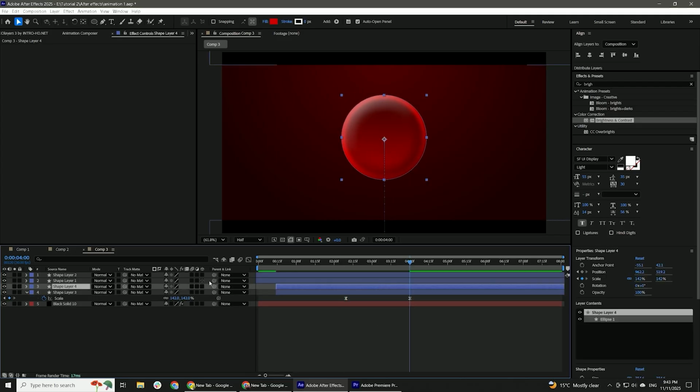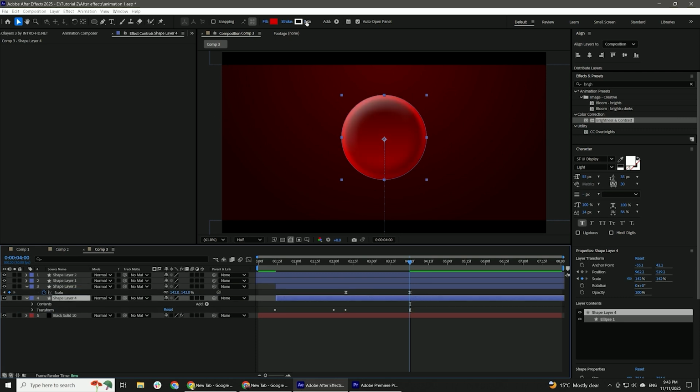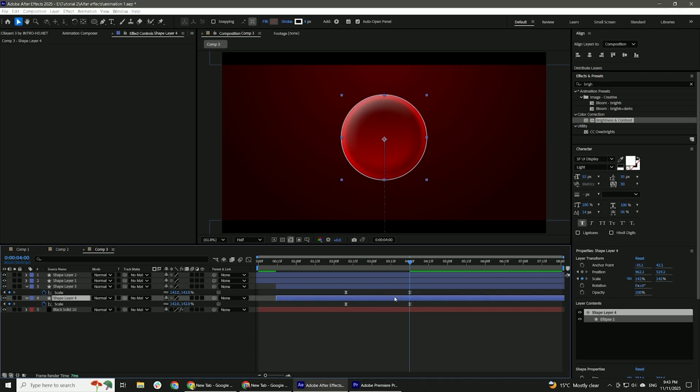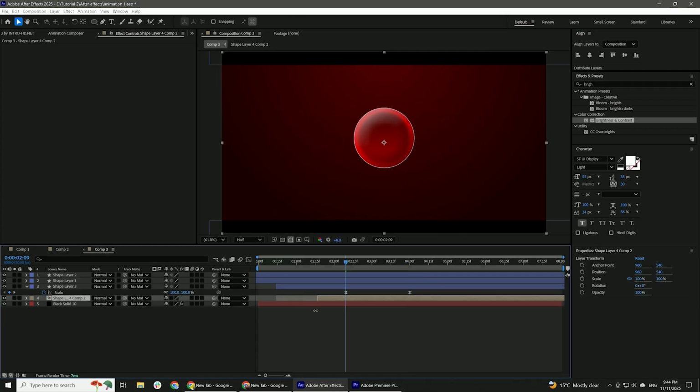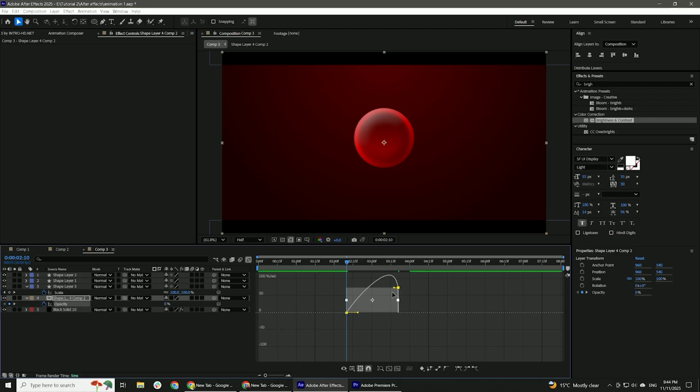Now duplicate the shape layer and delete the layer style properties. Turn off the fill color and change the stroke width to 4. Then scale the shape layer. Precompose the shape layer and put keyframes on opacity moving from 0 to 100 and smooth it up using the graph